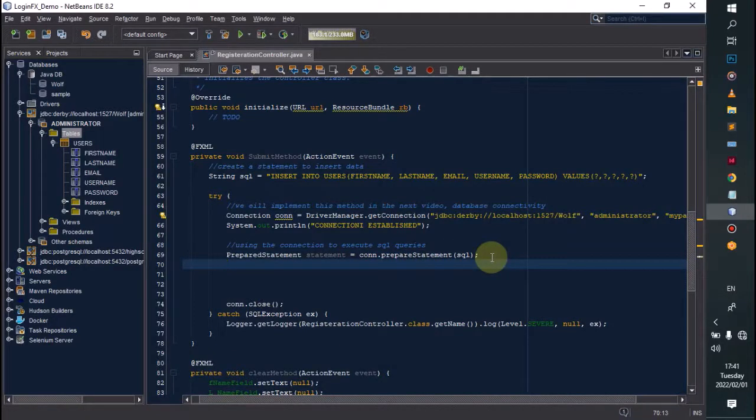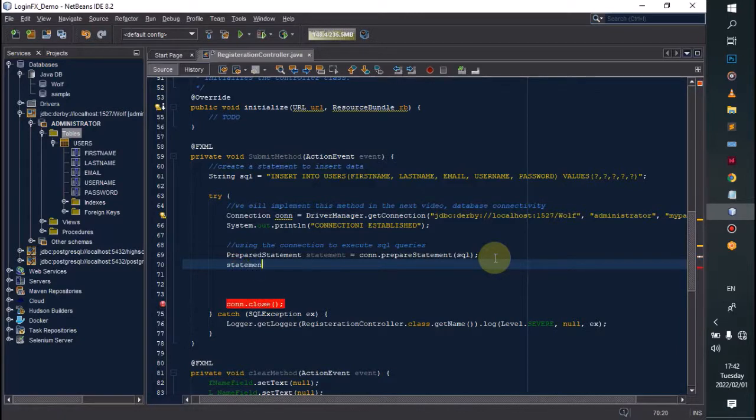Right. Now that we have created our statement, what we need to do is to make sure that whenever you execute this SQL query, the number of rows is actually recorded, and it tells you whether you have successfully updated your table or not. So what you need to do right now is to